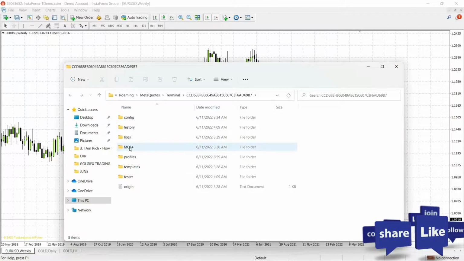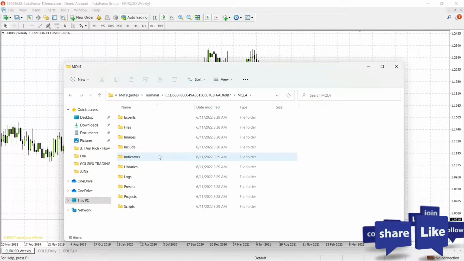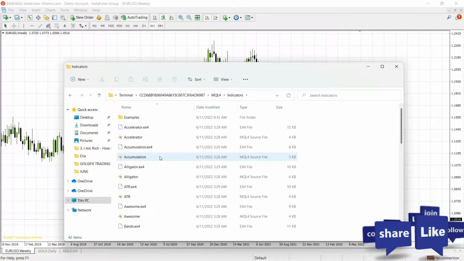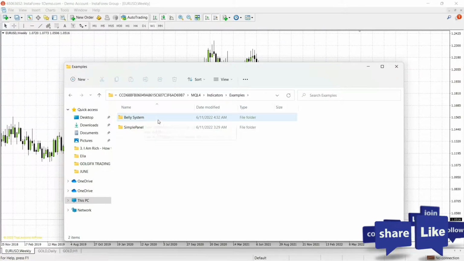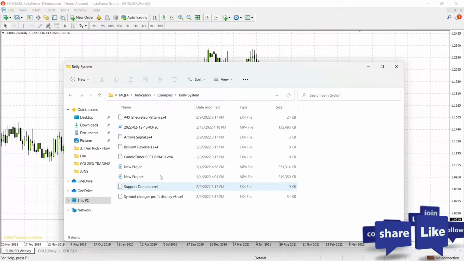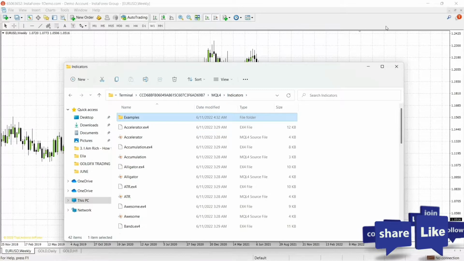And then you look for MQL4, you click on that one, and you go to Indicators. So you can see here I have a lot of indicators, and if I go to Examples, I have my Bellie System here as one of my indicator folders. If I click on it, you will see that there are a lot of indicators within this Bellie System. So what you do is you come to this place, which is the indicator section, and you paste the Bellie folder that you download from the description box of this video into the indicator section of your MT4 or